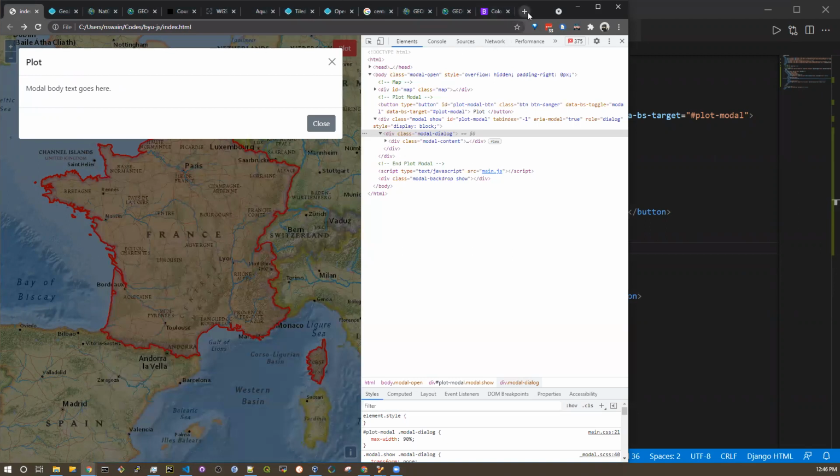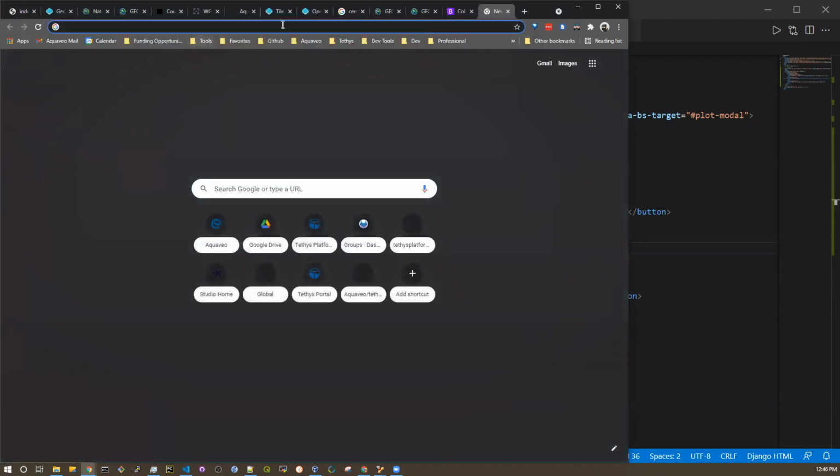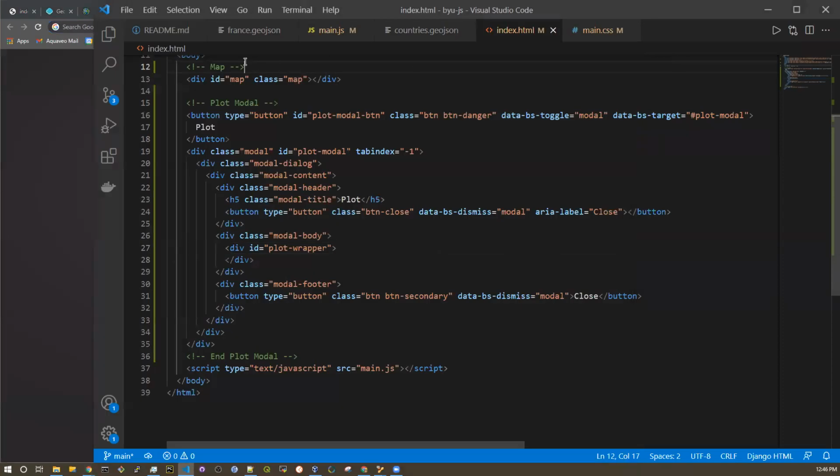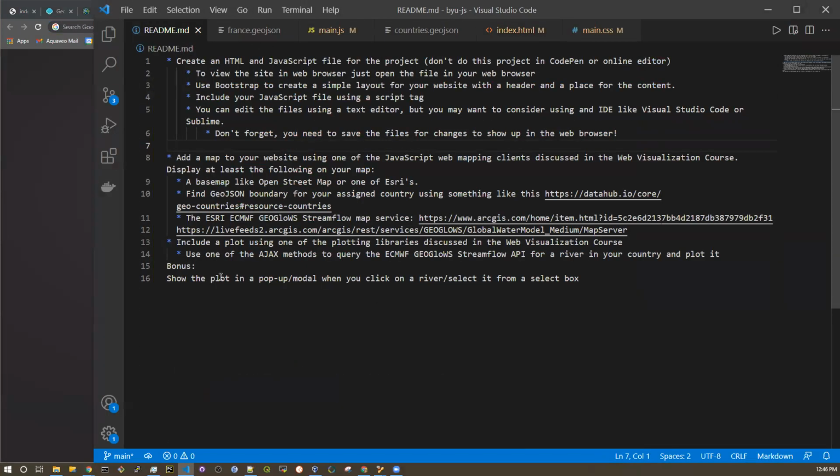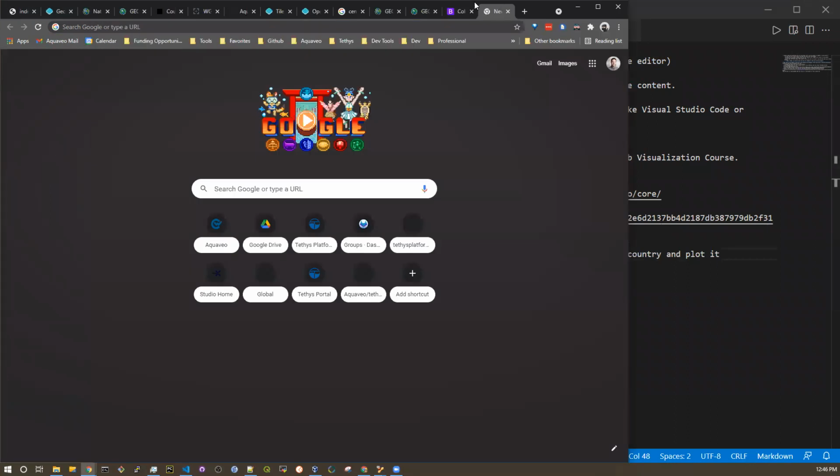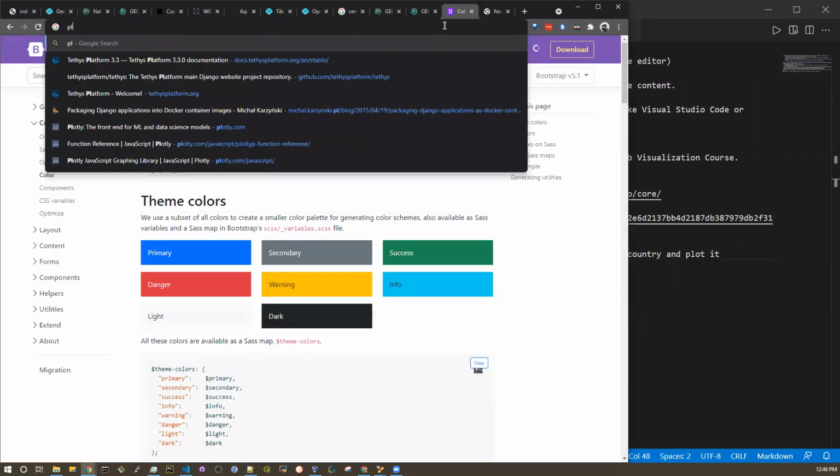Okay, so let's do Plotly plot. Let me remind myself what. Include a plot using one of the plotting libraries discussed in the web visualization course. Use one of the AJAX methods to query the Ecmwf Geoglows Streamflow API for a river in your country and plot it. Okay. So I think what we'll do is we'll just start with one of Plotly's